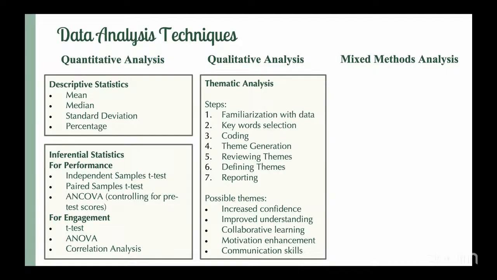This I've taken for this particular study where we are going with semi-structured interviews, right? So first you familiarize yourself, you collect all the data from interviews, from observations, from FGDs. Now you have a lot of data here. Now you need to familiarize yourself with the data. As I said, some data from interviews may not match with your observation data, right? Some data from your FGDs may not match with the other data. There may be certain reasons for which you may have to go back to the field.